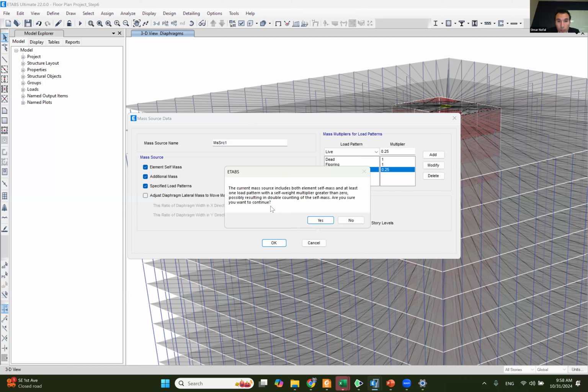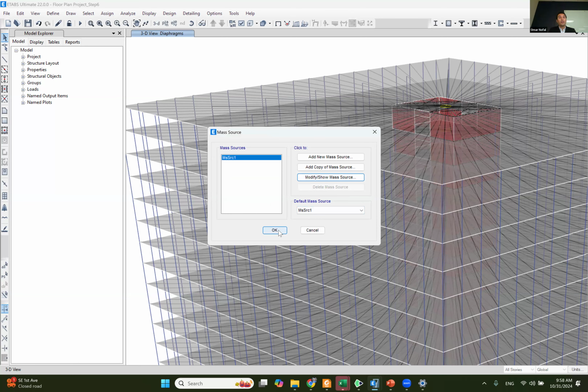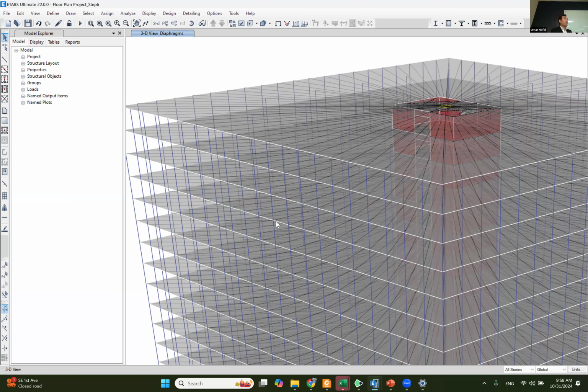Okay, so right now it includes live load and dead load. All right, so right now, the mass source has dead load and has live load by the standards. That's also one thing. And then the next step, I'm going to go define